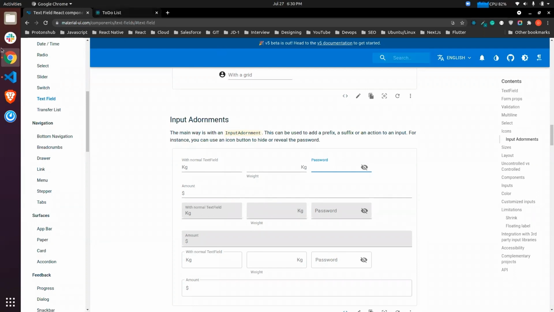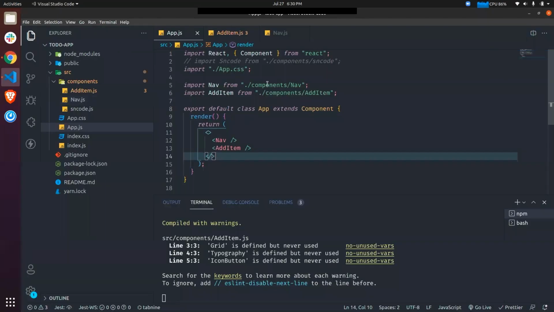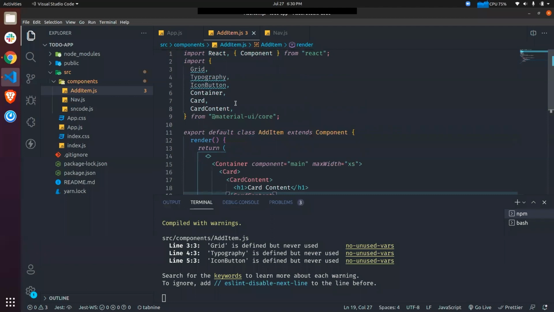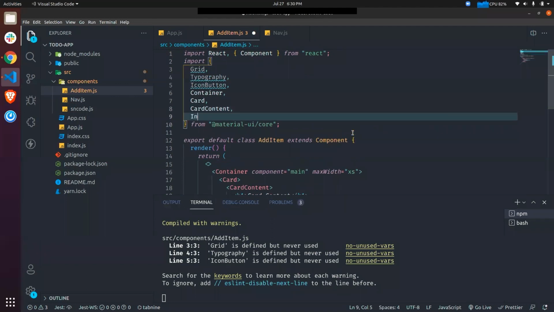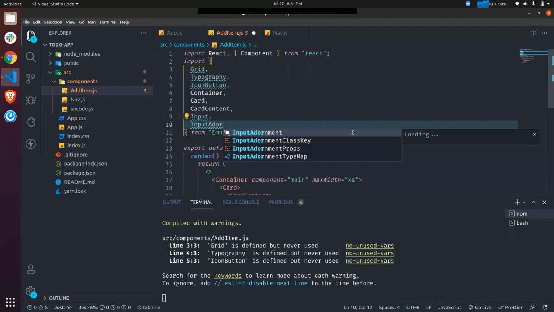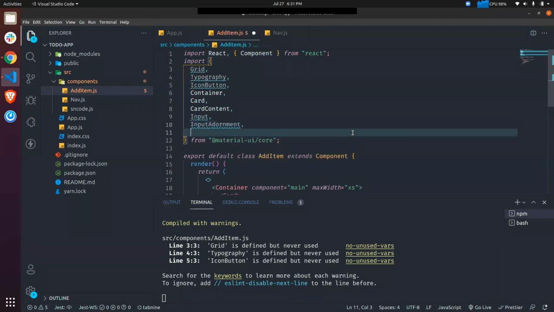Let's go here and import Input. After that we need to import InputAdornment, since we have to use an icon inside our input, and we have to use an IconButton, so that our icon is clickable.